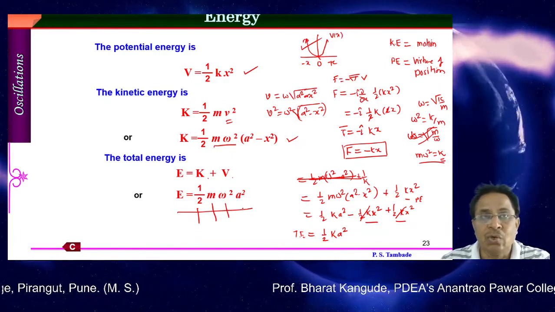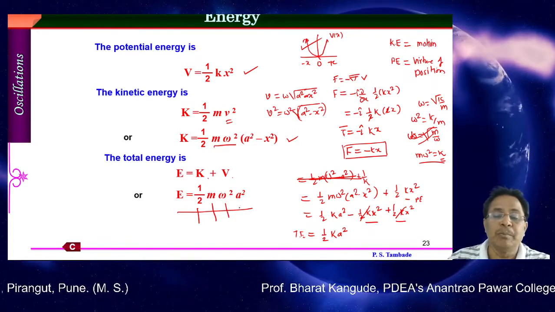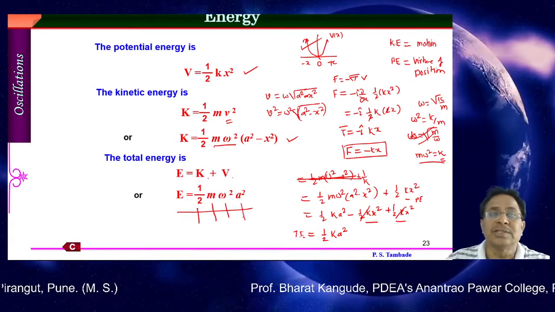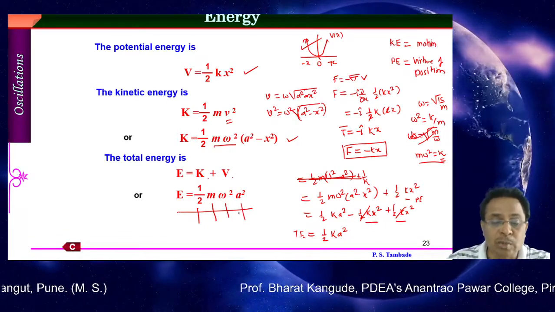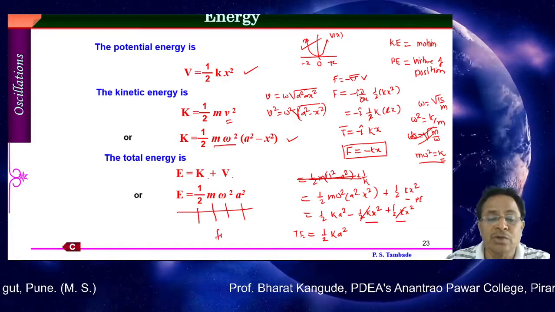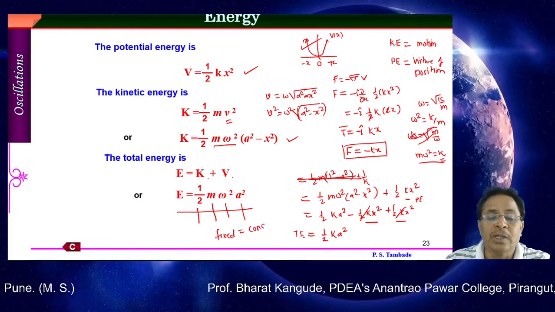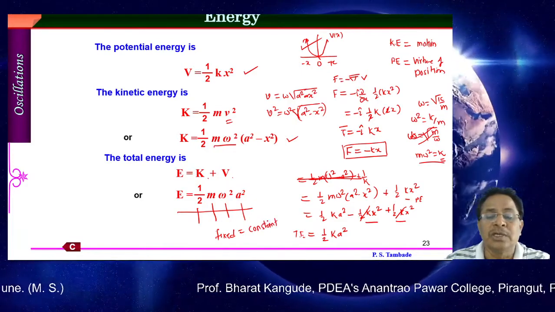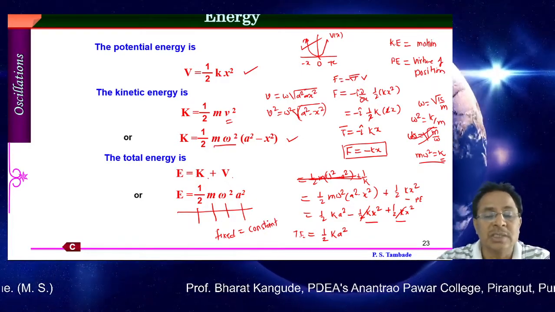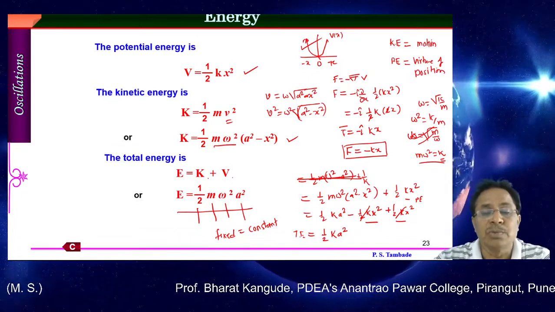And the extreme points, that is the amplitude of this type of motion, since it is undamped motion, is going to be fixed. So everything in this case is going to be fixed, and the total energy of this simple harmonic oscillator is always constant, whatever energy is provided to it at the beginning.